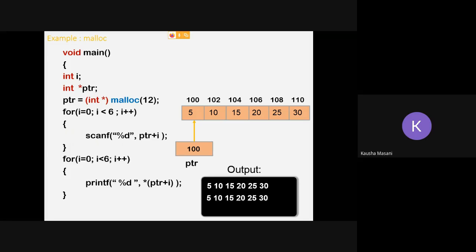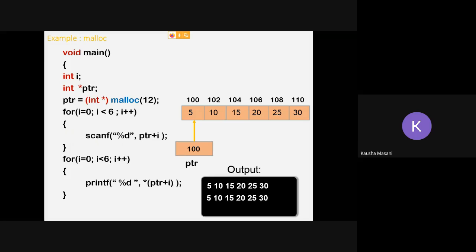Now what I want you guys to do is note down this example. This example I'm keeping here for you, and I'm giving you, let's say, 4 minutes. It is 10:11. I'll give you time till 10:15.